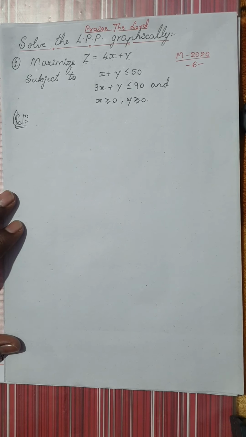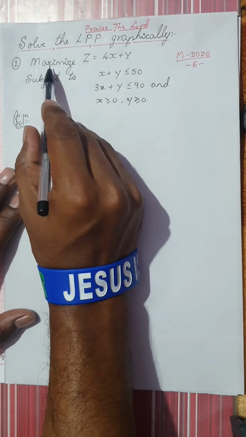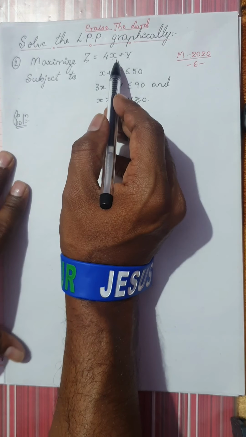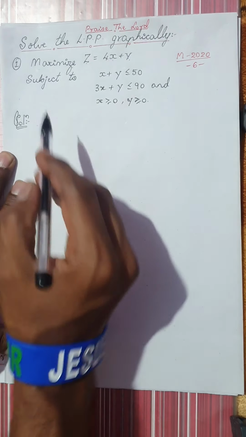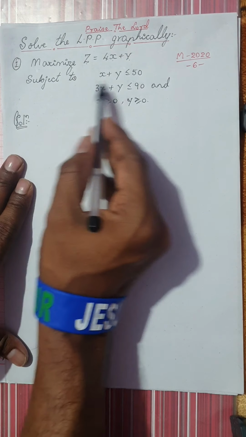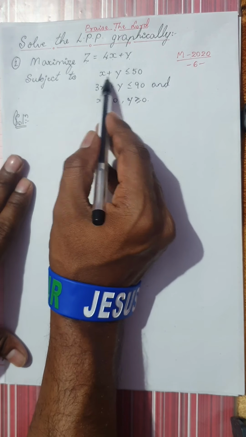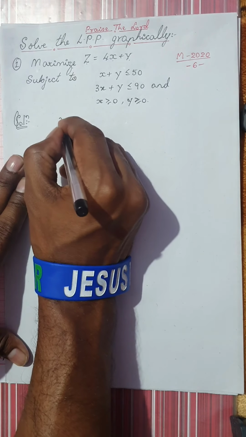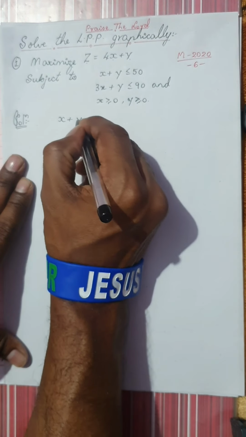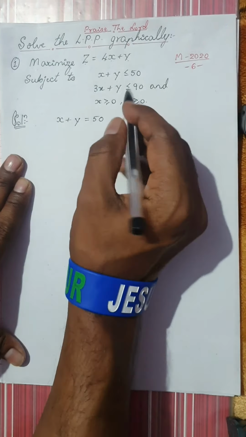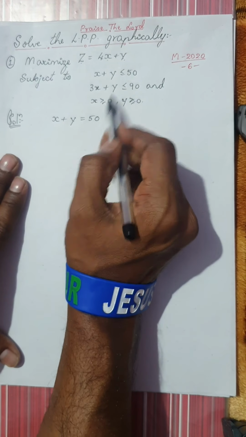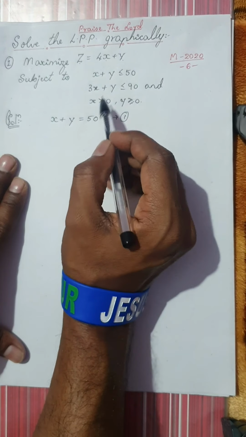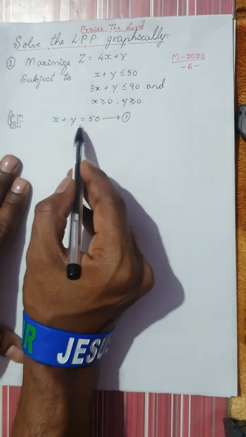To start up with, kindly don't worry about the objective function, because the significance of the objective function comes later in the working part. We are going to start the process by using the constraints. The constraint given here is x plus y less than or equal to 50. So the process would be to convert the inequalities into equalities. Remember, you don't worry whether it is less than or equal to or greater than or equal to, you would just take equal to whatever there is. That means the process is convert the inequalities into equalities.